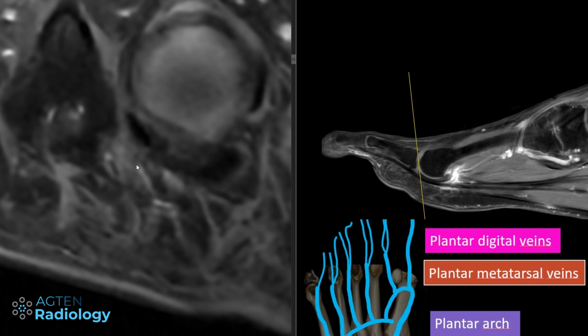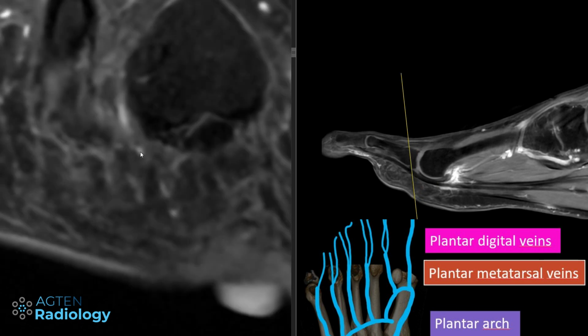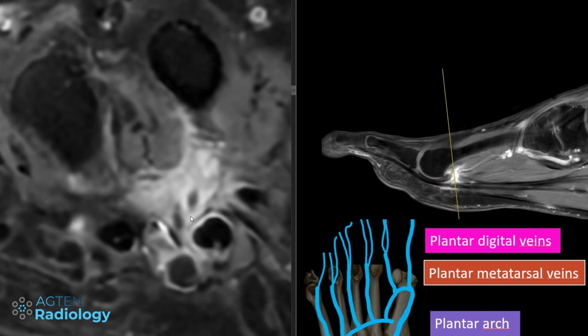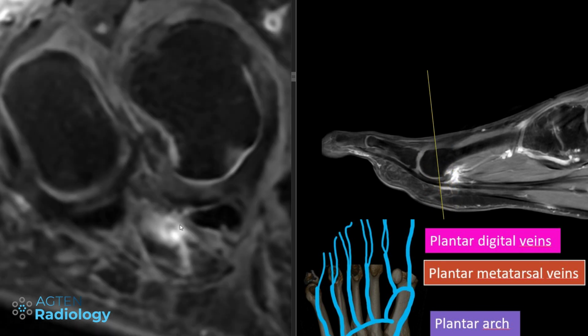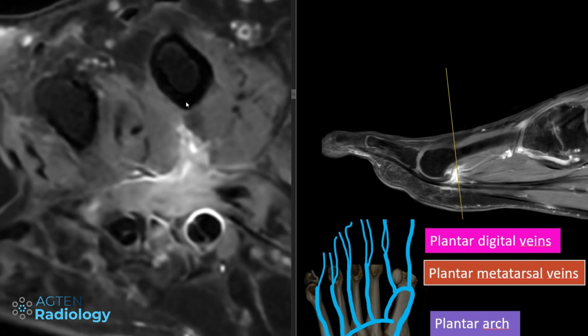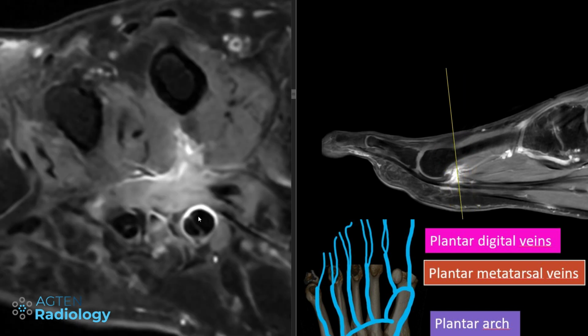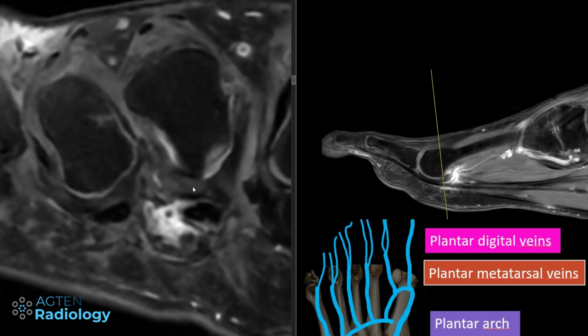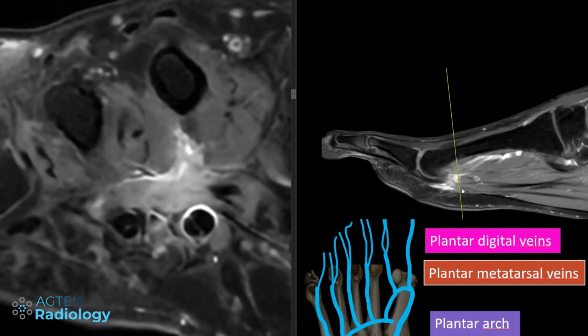Remember, this is contrast enhancement around a non-enhancing structure here, all the way down here, and from here something that looks like a vein, plantar digital vein at this point now, all the way to the proximal, then something in here. It's a very short segmented thrombosis at the junction of the plantar digital vein to the plantar metatarsal vein of the second metatarsal. Here even some maybe adjacent tenosynovitis and inflammation happening all around here, like a thrombophlebitis of this location, which looks really